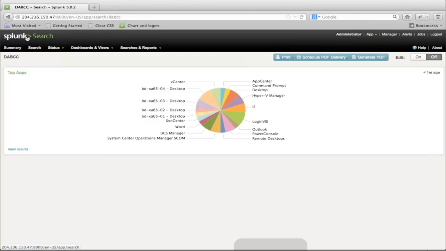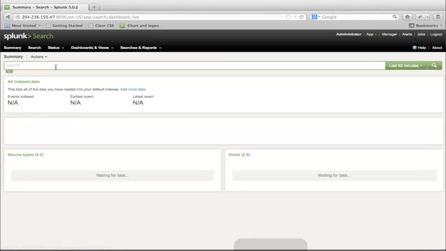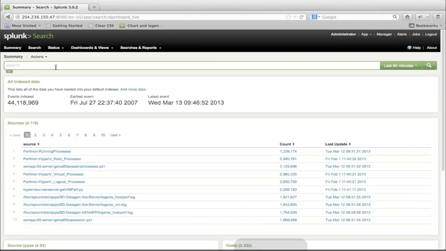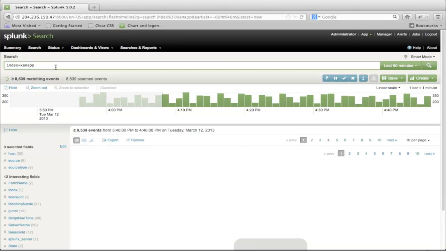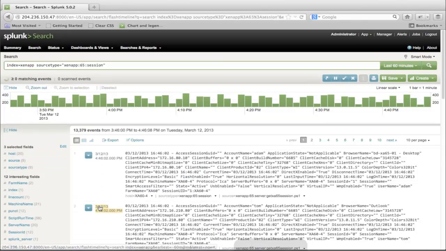Something else that you might want to do, just to show you another take on the same concept, is say that in addition to the apps being used on this dashboard, maybe I wanted to show the user activity, so user logons that are going on per server. So I want to add that type of information to the same dashboard. Again, I can narrow my scope down to XenApp data. This time, instead of applications, maybe we want to look at sessions. So just tell it to look at just sessions.